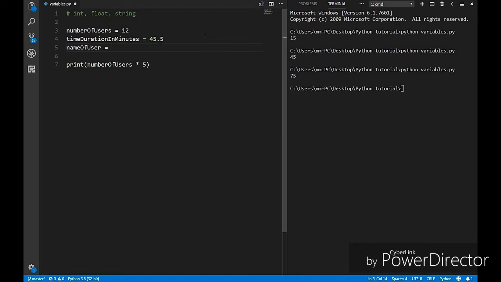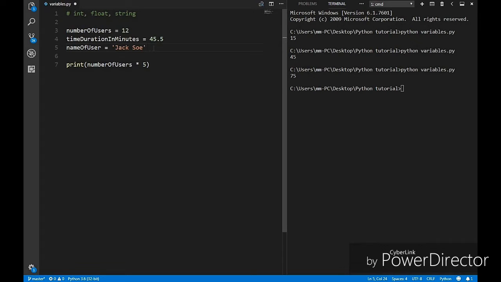Strings are all the words or all the values which are wrapped in a single quote or in a double quote, all that are strings. So name of user can be Jack. So this is an integer, this is a float, and this is a string. Okay,